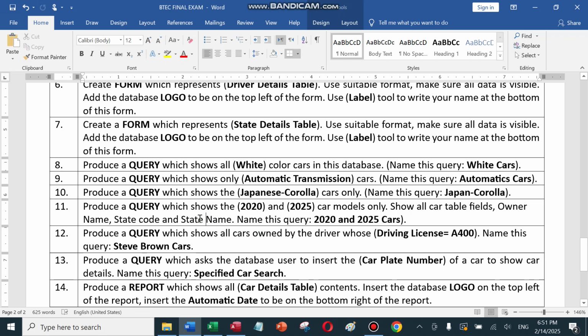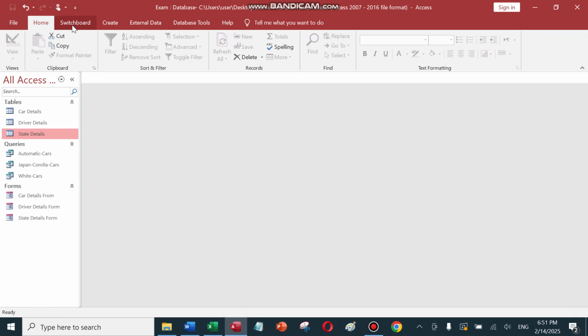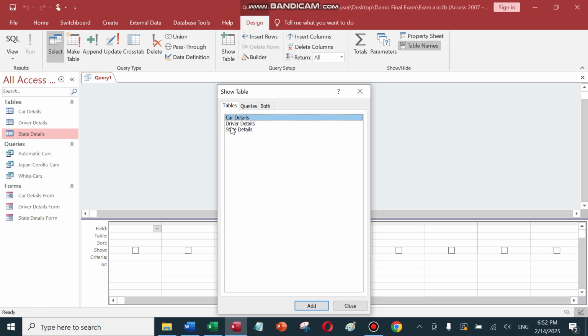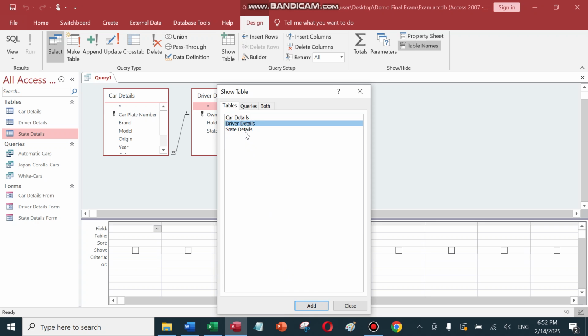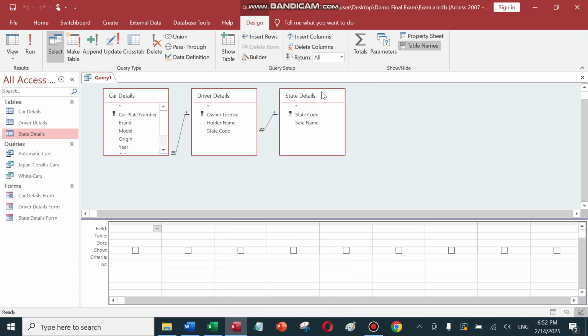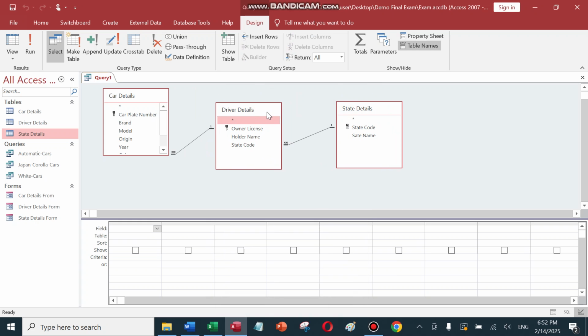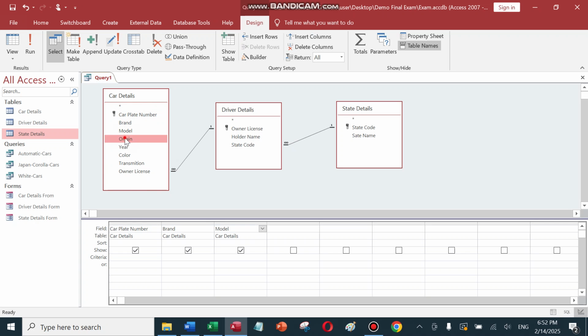Remember this query, we need to join more than one table in this query. So how we do that? I go to create query design. Now I will choose the three tables and add them. Look at the table, they come with the relationships that we created previously in question number 3. So I'll put the car plate number, brand, model, origin, year, color if you want. If you want, we'll go to the second table and put the owner license, the owner name,